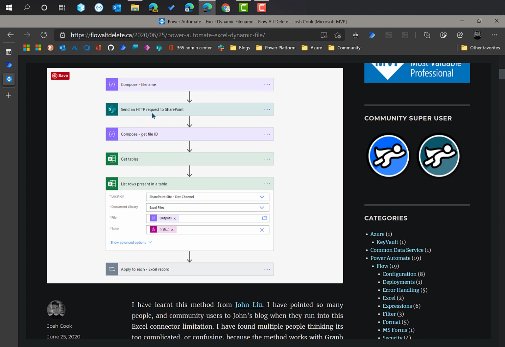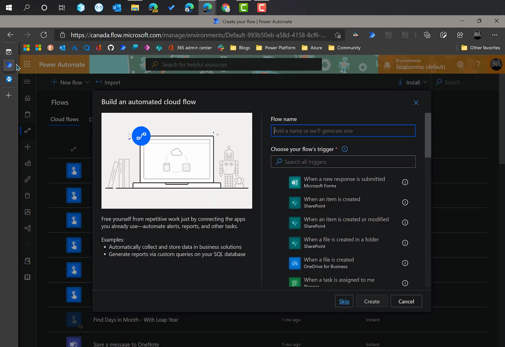Now I'm going to be going over a very simple way to do this without having to use HTTP at all. It's going to basically just use three actions. Actually, well, two actions, one trigger. Now let's get into it. So let's head over to Power Automate here. I'm going to create a flow called Excel Dynamic File Name